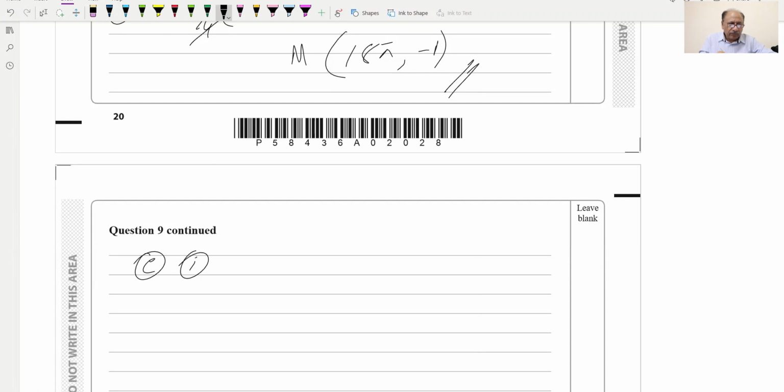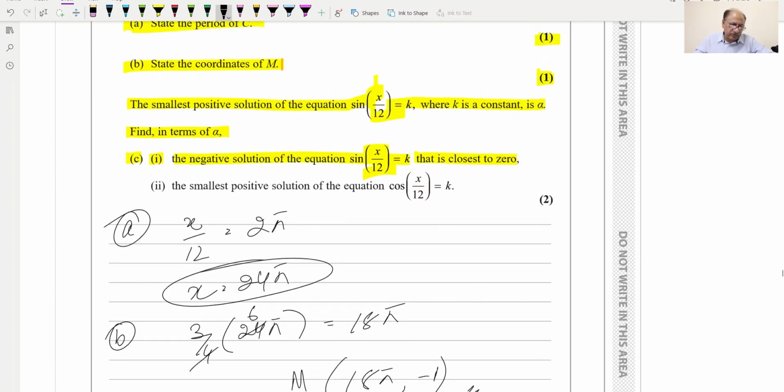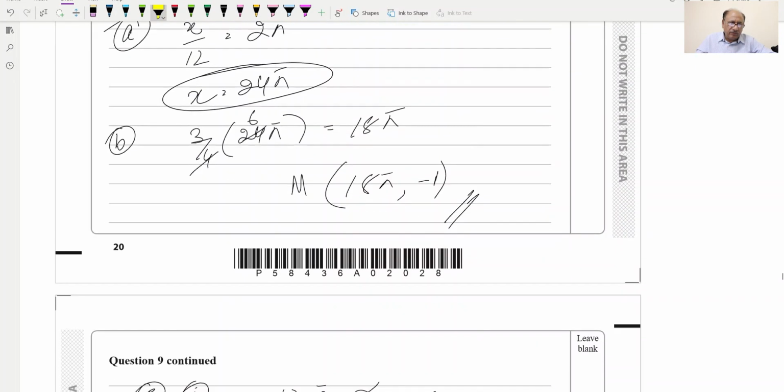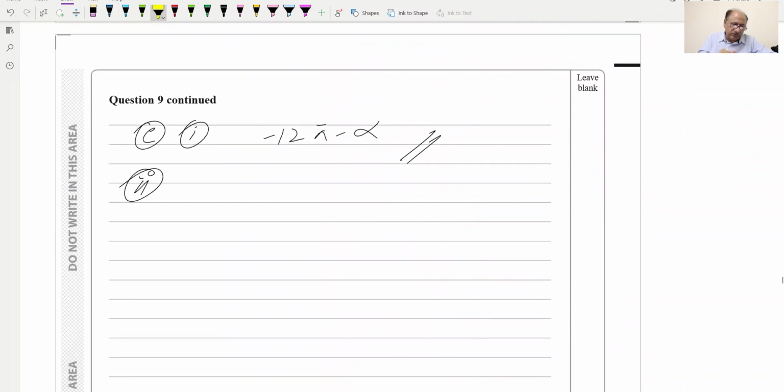C1 is -12 pi minus alpha. This will be our answer for part 1. And part 2, they are saying the smallest positive solution of the equation cos of this, and we cos of x is what we can write here. Solution we need to find for this one, and we know that